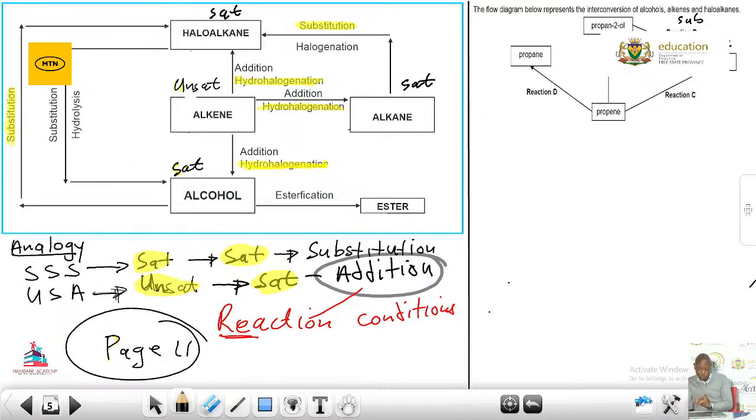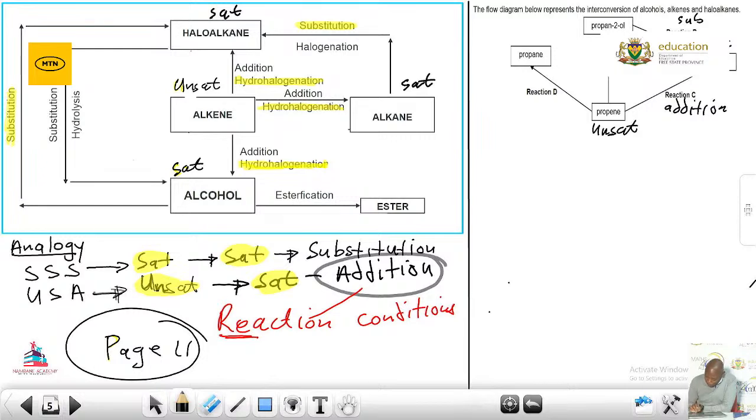Now the question should be, what type of substitution? That will follow, but the key critical thing is I have used the analogy to identify B as now what? A substitution reaction. Now moving from propene, is it unsaturated or saturated? Definitely unsaturated. And because it is moving from unsaturated to saturated, then this reaction C is now an addition